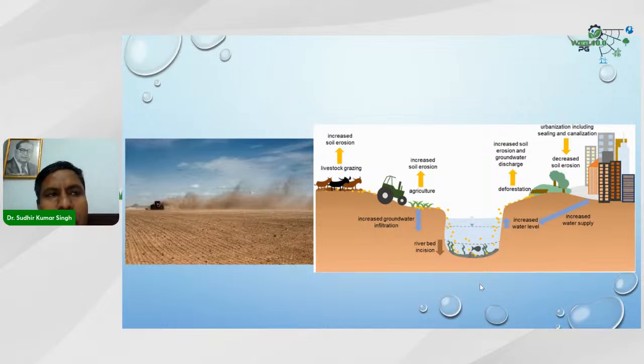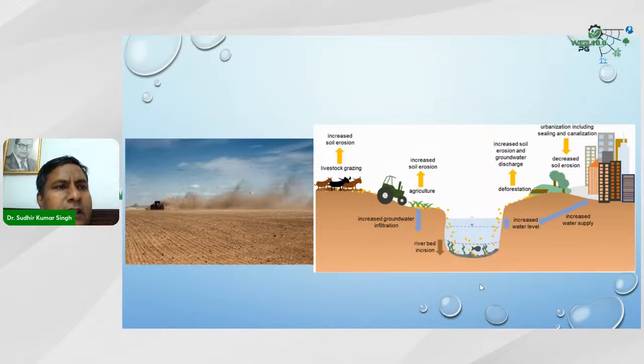I hope you are all aware of the kind of degradation we are facing in the environment. The most common degradation is soil degradation. Soil degradation can come from natural processes, like glaciers, and there are anthropogenic processes through which we can remove the top layer of the soil. Why is the top layer of the soil important, how are we going to control soil erosion, and what will the forecast be? If the temperature rises, and if the precipitation increases or decreases, what kind of problems will we face in terms of loss of